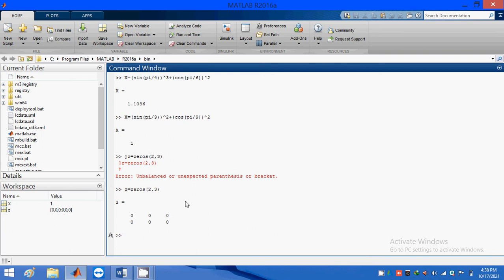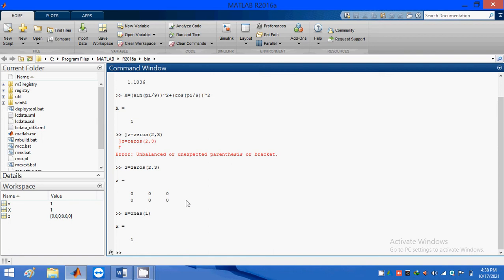In a similar way, if you want to create a 2 into 3 matrix, in place of zeros we need to place 1. What happened? x is equal to 1.